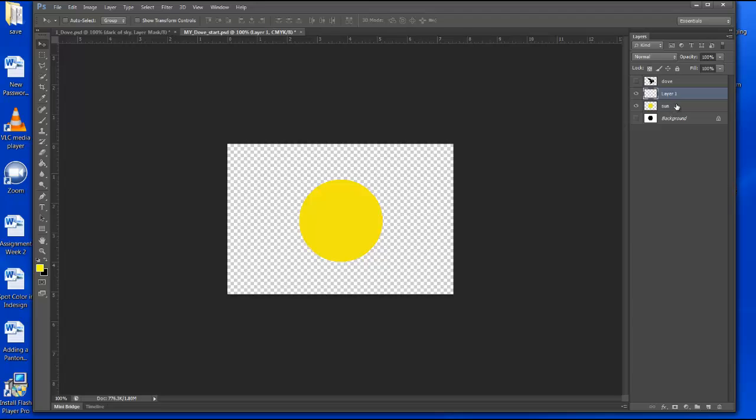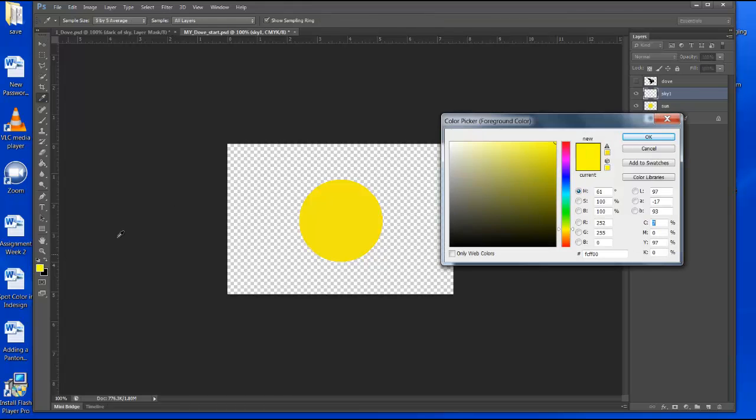Now the thing is, I really want the sun layer to be in front of layer 1, so I deliberately did this so that you could see that the layer stacking order is going to be wherever you place the layer, it's going to end up being there. What I want to do is make this a blue sky, so once again, there's going to be two layers of sky, so I'm going to call this SKY1, okay,